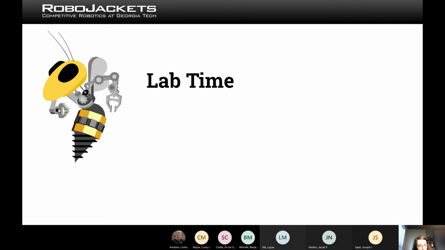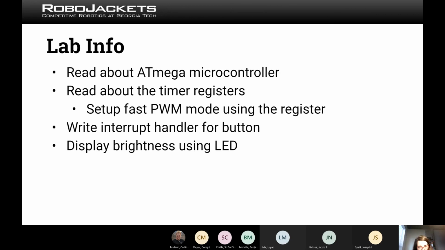So that was masking. Now our lab time. So what are we going to do? In general, in the lab, you're going to read about the Mega microcontroller timer registers. In comparison to the Monday session, we also added some PWM information so you get it a bit better. And then what you're going to do is set up a fast PWM mode using the registers,